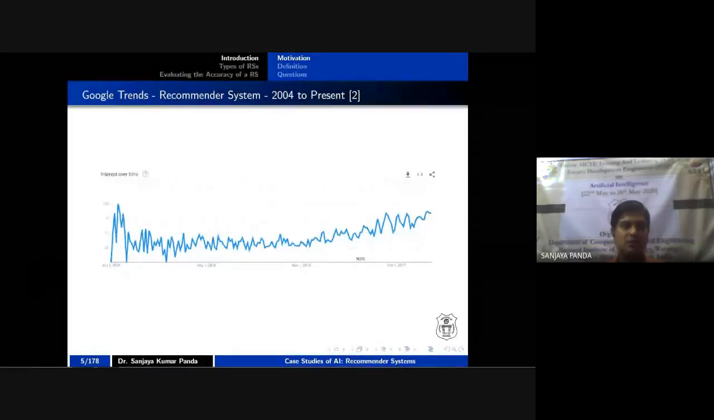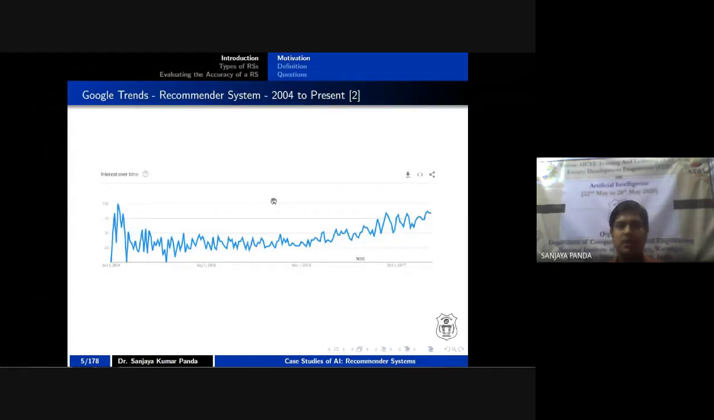I will tell you, in Google you can search Google Trends, the Google search trend, right? Whenever we have some doubt, or we want to learn some particular topic, generally we search in Google, right? Similarly, in Google search trend, if you type recommendation system and set the limit from 2004 to present,